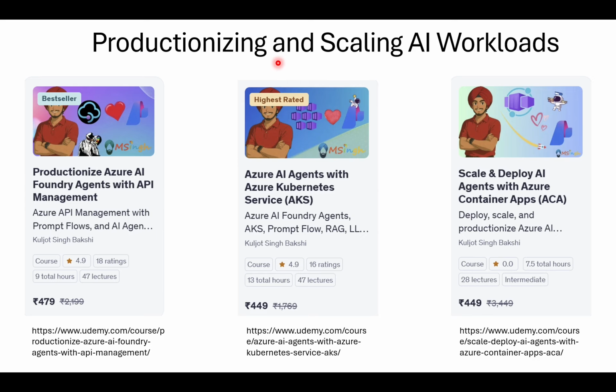And then if Kubernetes is something that you cannot afford to build because of limited talent in your team, or maybe not a lot of people in your company, then you would want to migrate towards a serverless solution that is just really an abstracted version of Kubernetes service. For that, we have a product from Microsoft called Azure Container Apps, and I do have a course on this as well, which is Scale and Deploy AI Agents with Azure Container Apps. So again, three courses highly recommended, and personally one of my favorite innovations out there on Udemy.